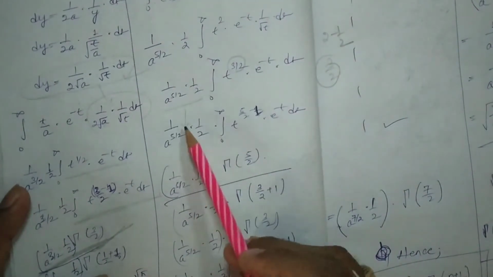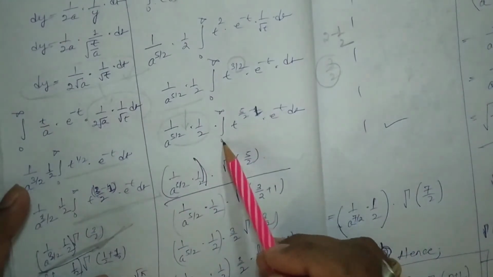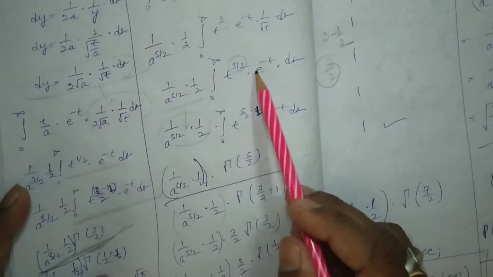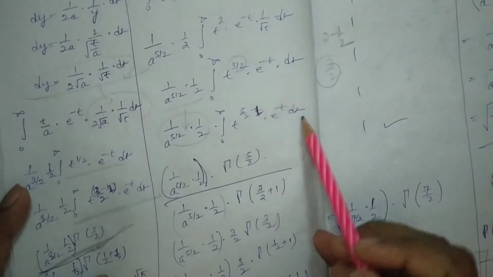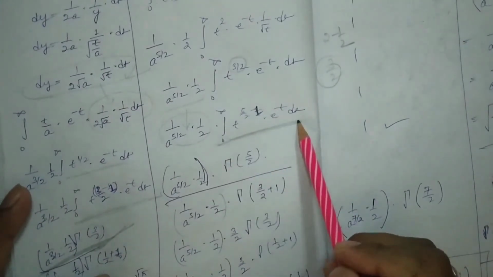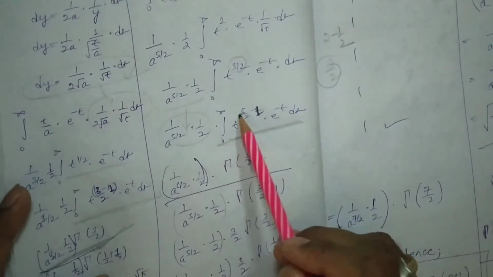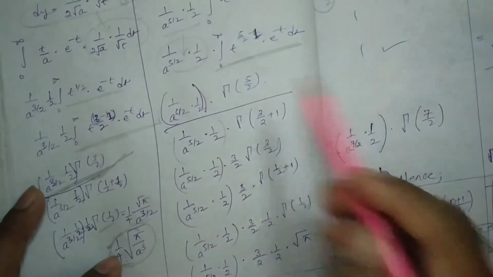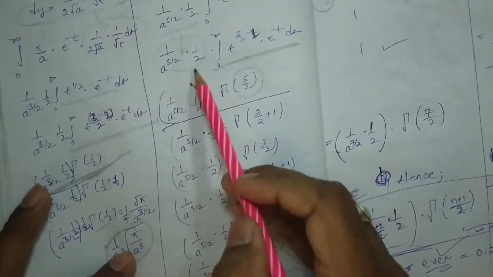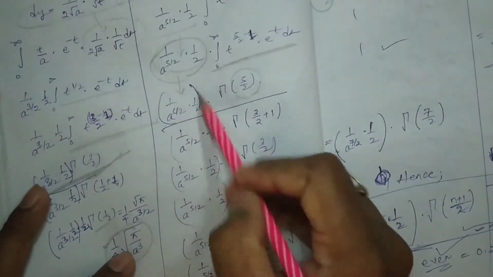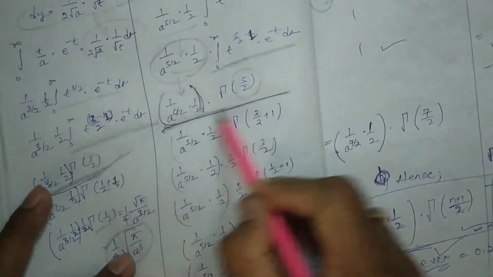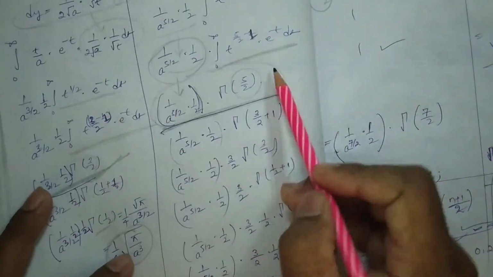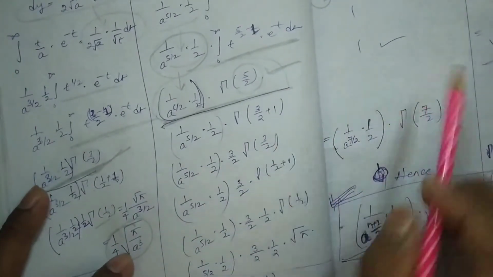I have written these things as usual: integral from 0 to infinity of t to the power 3 by 2, written as 5 by 2 minus 1, into e to the power minus t dt. Okay, so this is in the form of the gamma function, that means e to the power minus t, t to the power n minus 1, from 0 to infinity, will be gamma n, here gamma 5 by 2. So here this is the same I have written, and you just mark this one. This will be our general form that we are going to discuss.